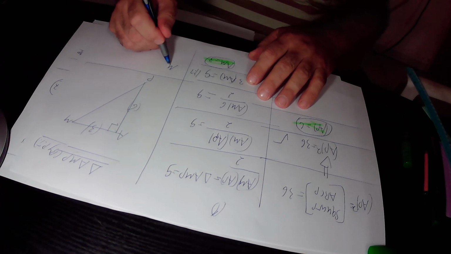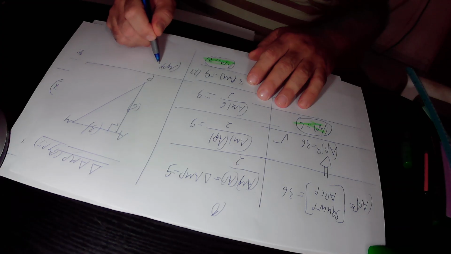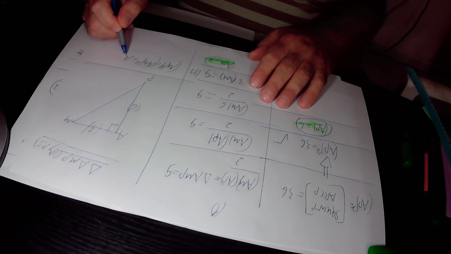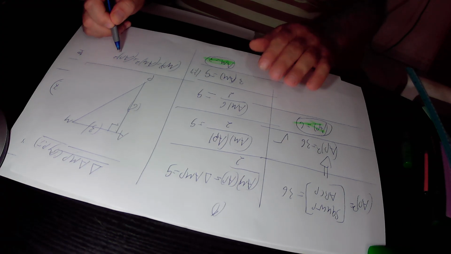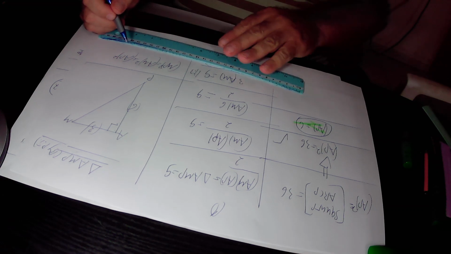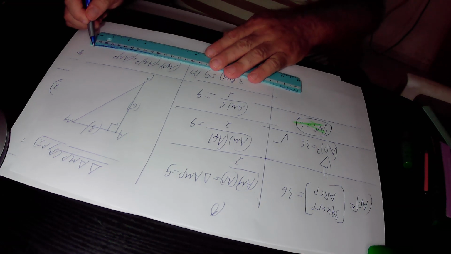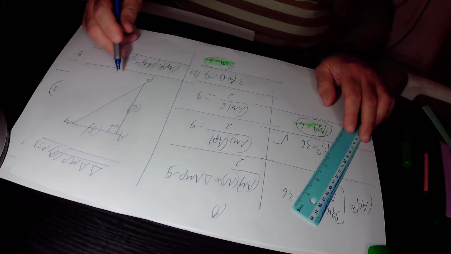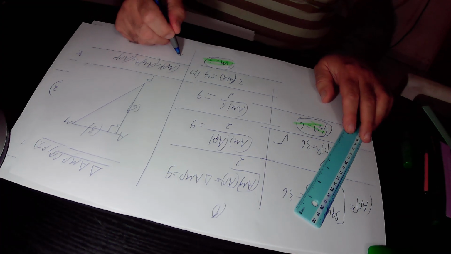MP square, that is the square of the hypotenuse, equals AM square plus AP square. MP is the missing side, so leave it as it is. So it is MP square